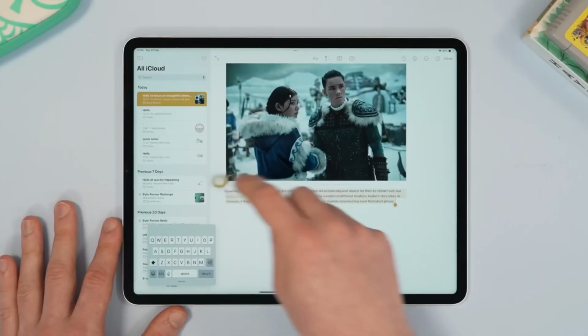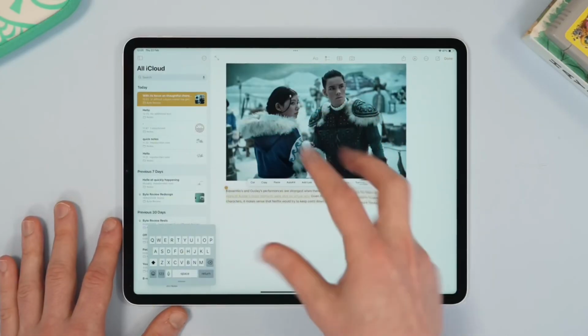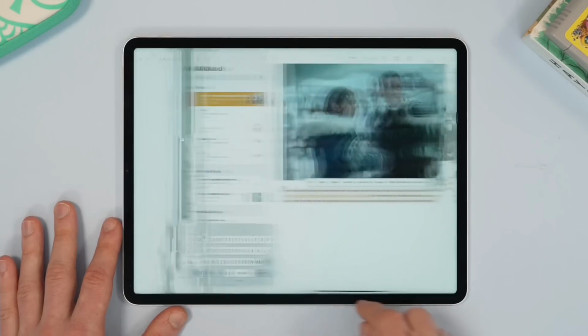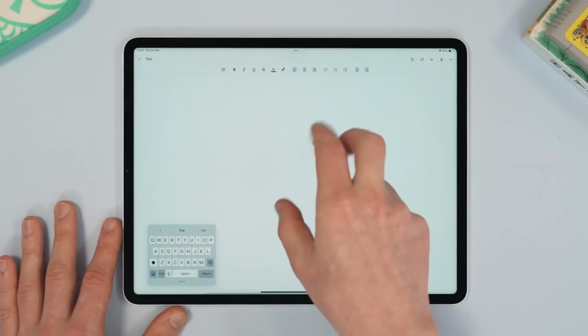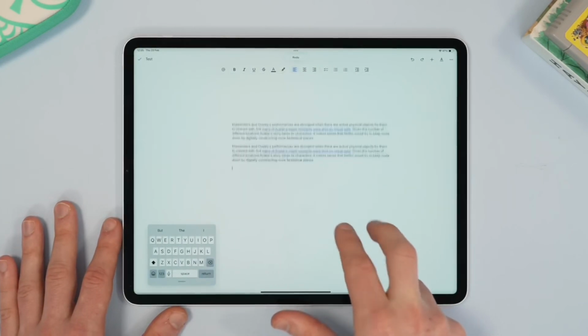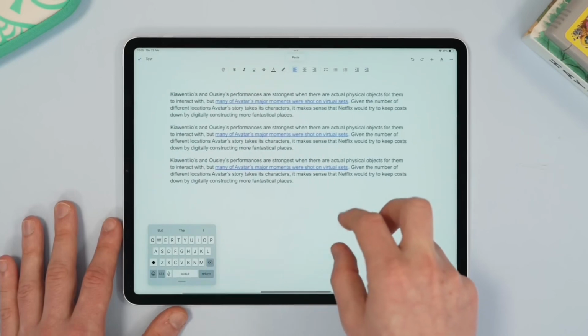Let's talk about some gestures now, because these can really speed up your workflow massively. My favorite of all of them is using 3 fingers for copy and pasting. This is really useful. If you highlight text or an image and pinch in with 3 fingers, it will copy, and then you can move somewhere else on the iPad and pinch outwards with 3 fingers and it will paste. This can be very useful, especially if you are trying to be quick.